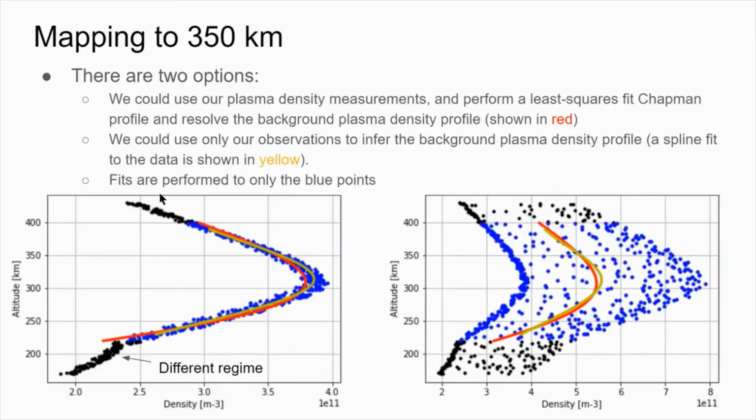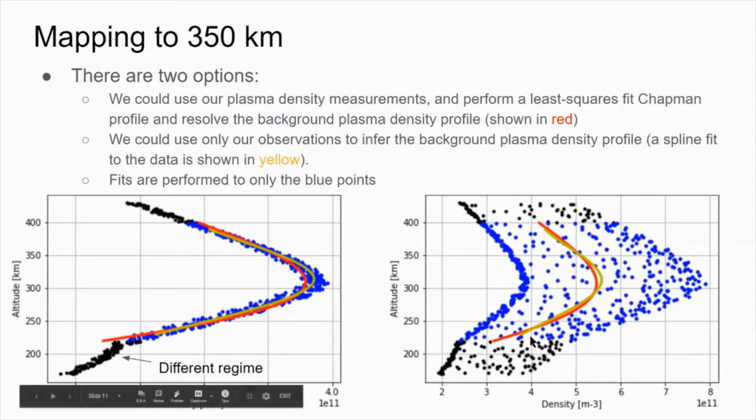And so I've tried many different mapping techniques to take the plasma density values that I measure at one altitude and map them up to 350 kilometers. In this presentation, I'm only really going to talk about two variations of those. But really, you can group all the different mapping techniques that I have tried, and that are possible to try, in